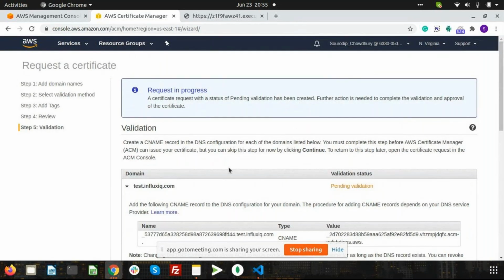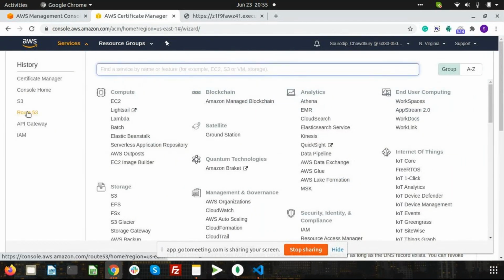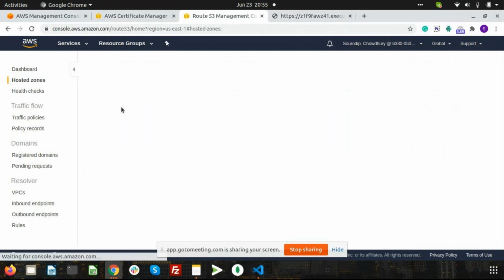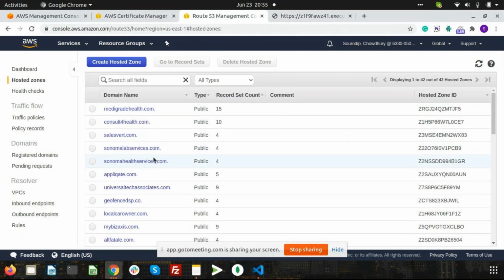To cross-check that, we can visit Route 53 and see for ourselves if the CNAME record has been added. We'll go to the hosted zones. These are hosted in our company.